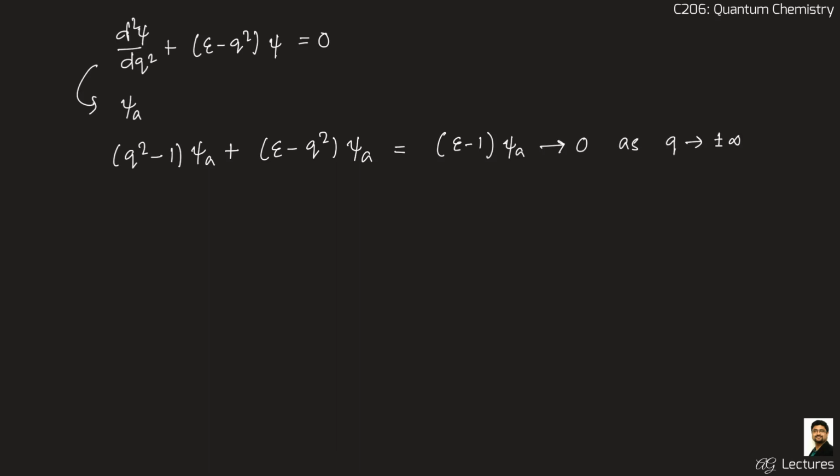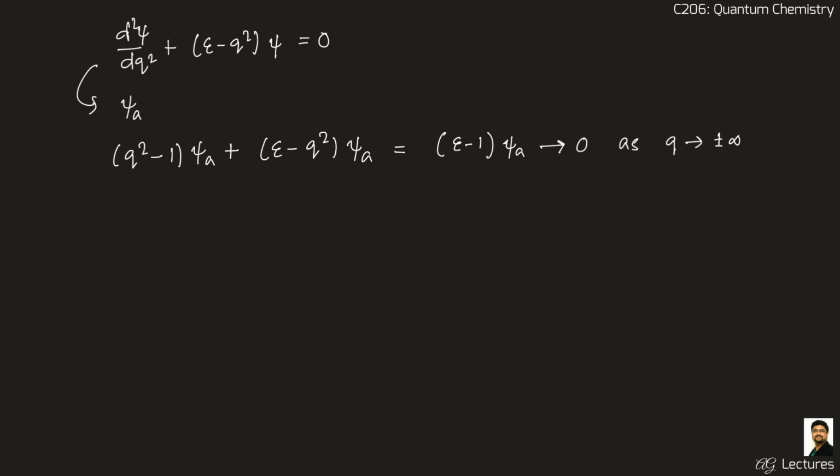That is because this whole thing is going to behave like psi a, because this is just a small number, and as this function is going to 0, the whole thing is going to be 0. So therefore the left hand side is going to be equal to 0 when q goes to plus or minus infinity, and therefore in the asymptotic form, this equation is validated